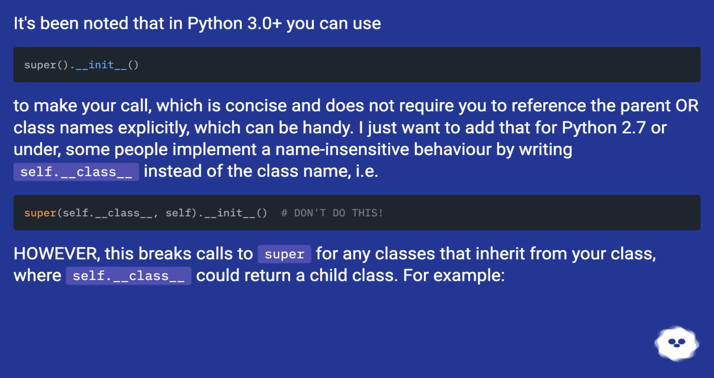However, this breaks calls to super for any classes that inherit from your class, where self.__class__ could return a child class. For example,